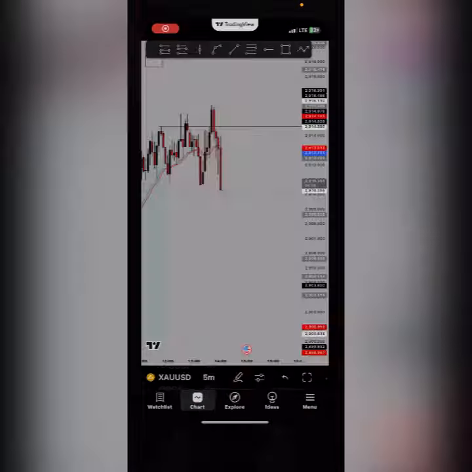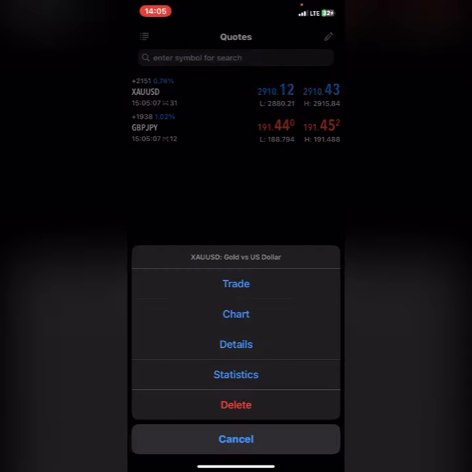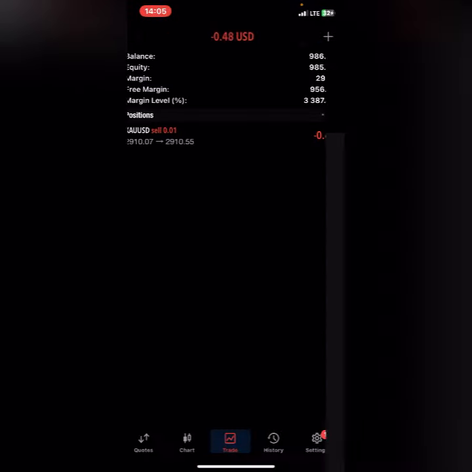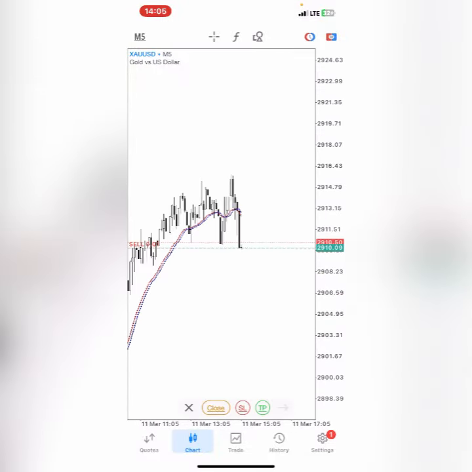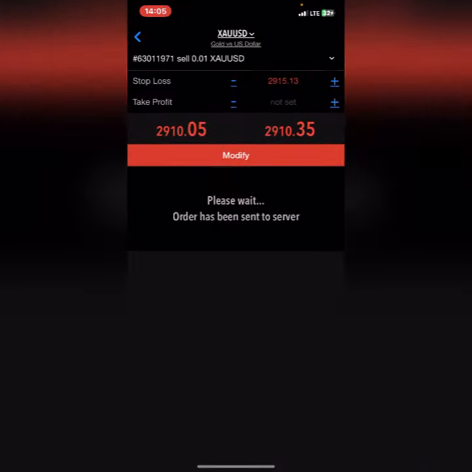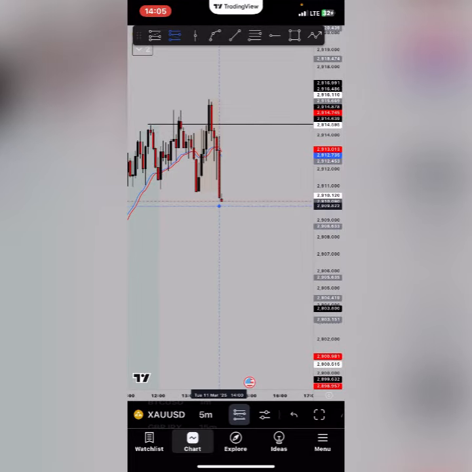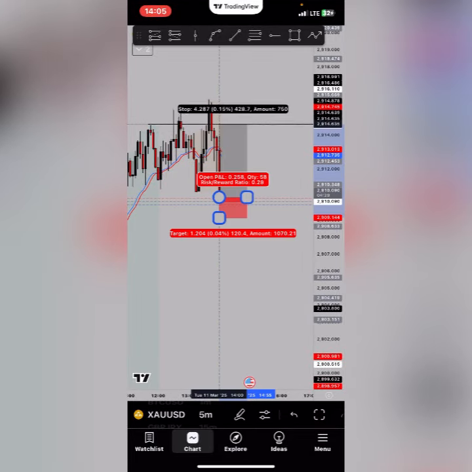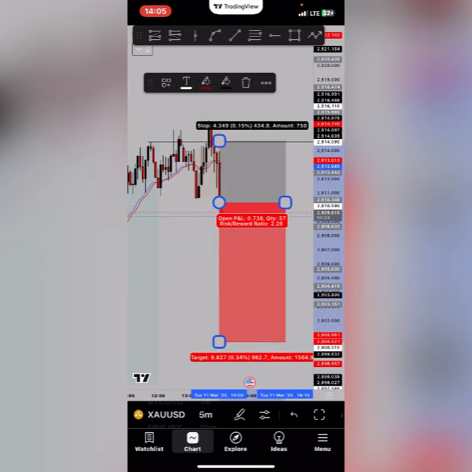All right guys, yeah, I'm going in for sells right now on gold. Let's get that done. All right, I'm selling gold right now. Stop loss right here. Let me make it 5 pips stop, $5 stop loss, right? So as you can see, that's my stop loss right there. I took this trade right from here. So let's see how this plays, right?